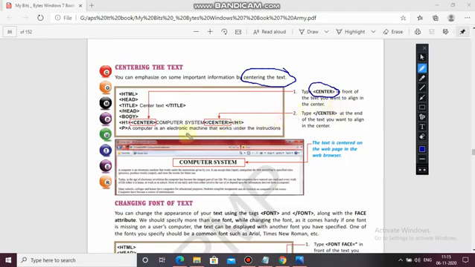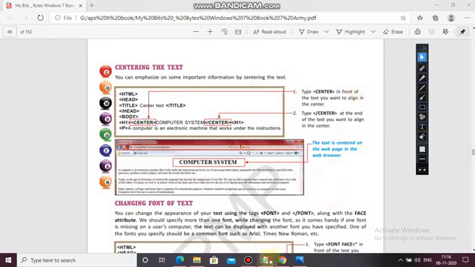The text which you want to align in center, before that you have to write center in an angular bracket and then close it also, because it is a container tag. So let's see how you will perform this.